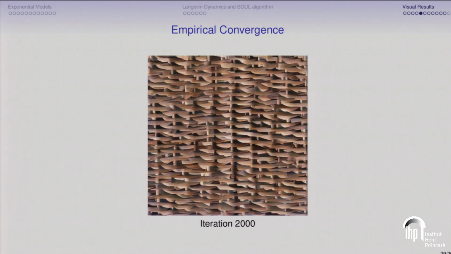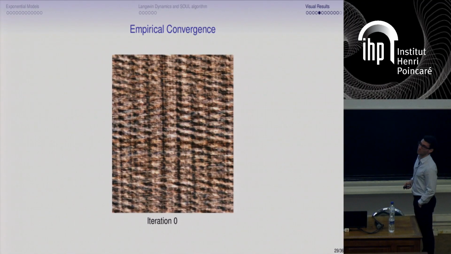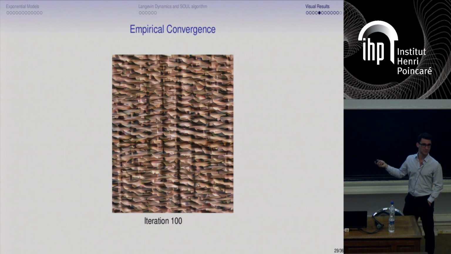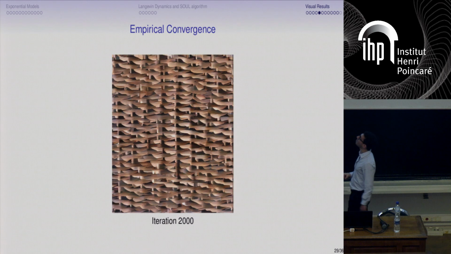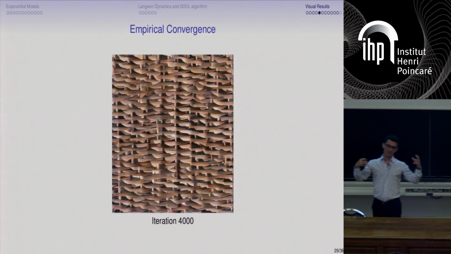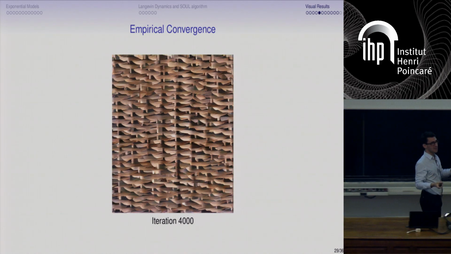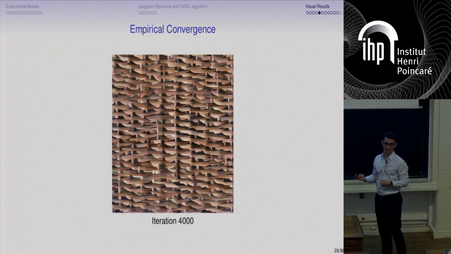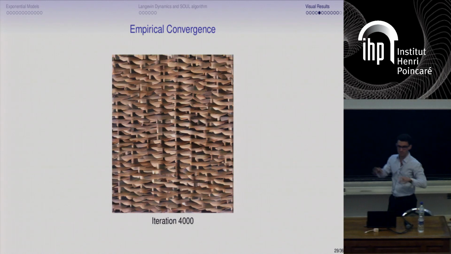Actually, an interesting thing to show is to compare to the Gaussian initialization. The grid structure that you see in the image is already present in the Gaussian initialization, right? I would have been very happy to show you a video where you see the texture synthesized and the structures move from one thing to another, meaning there is a spatial mixing. But the truth is, the Markov chain that we use here has a quite long mixing time. And you would have to wait probably much longer to see things move spatially.